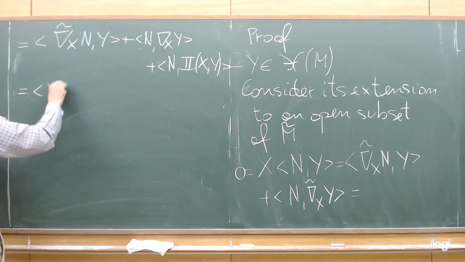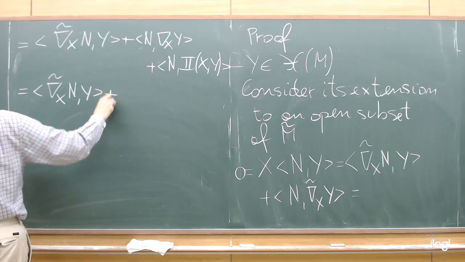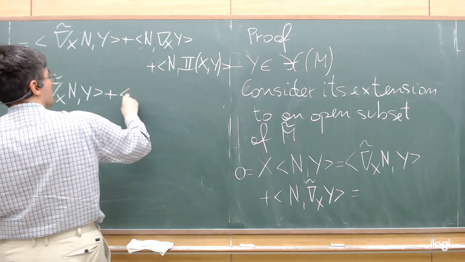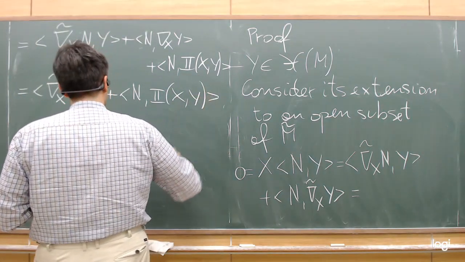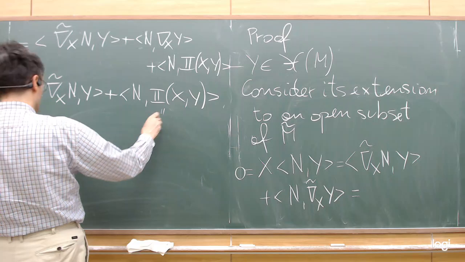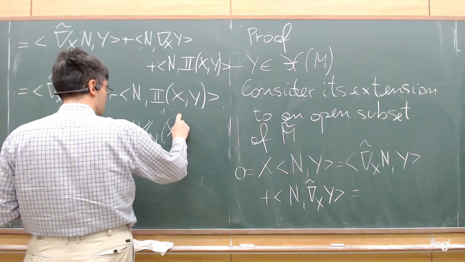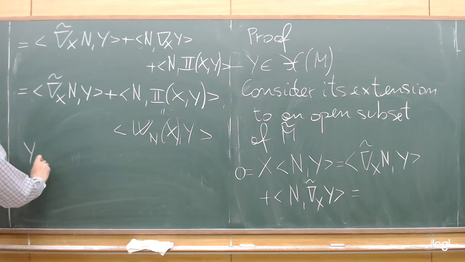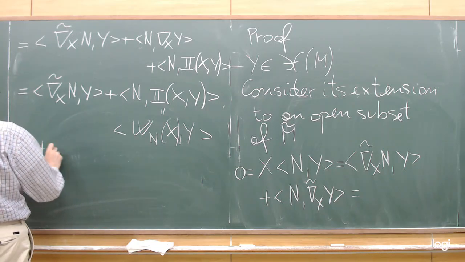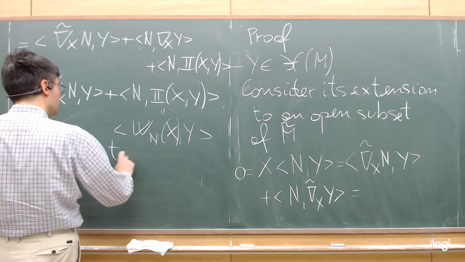So we get the inner product of nabla tilde_X N with Y plus the inner product of N with II(X, Y), but this is W_N X, Y by definition, and since Y is arbitrary and tangent to M,